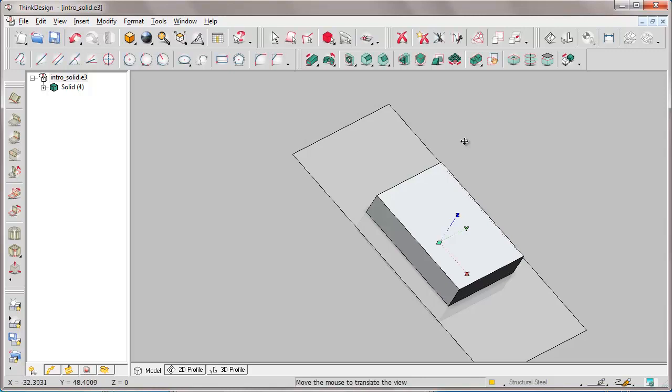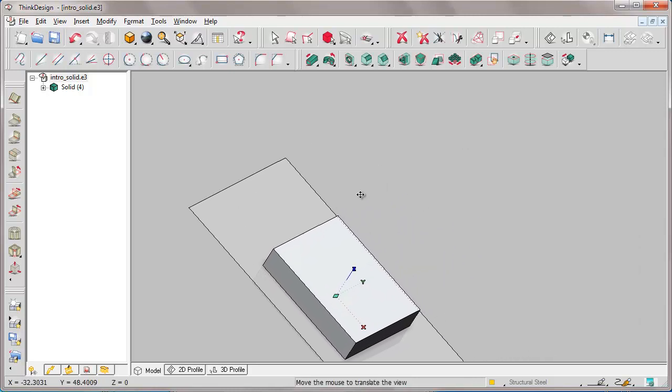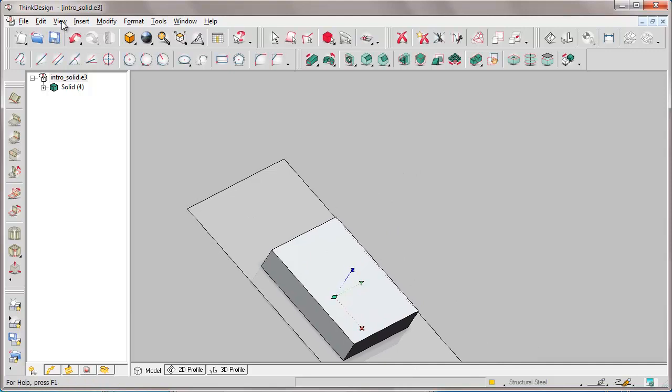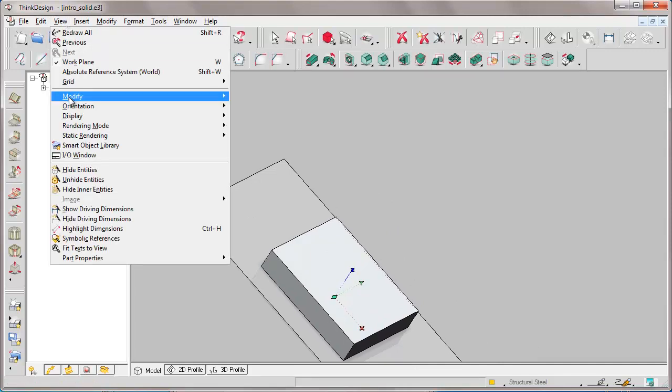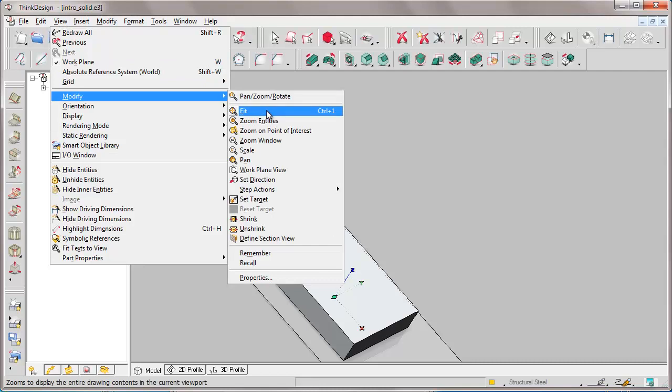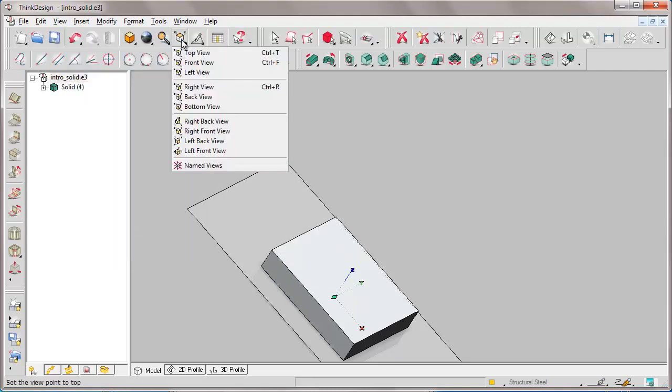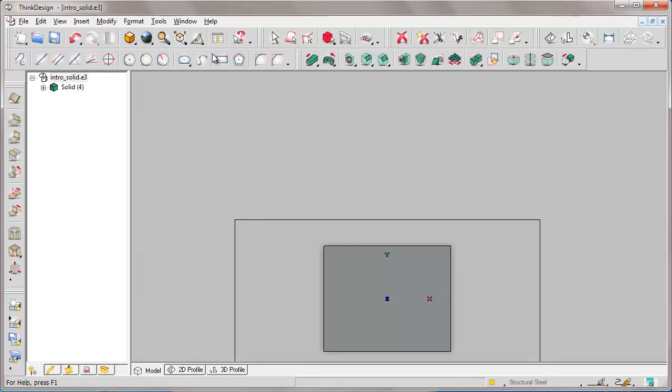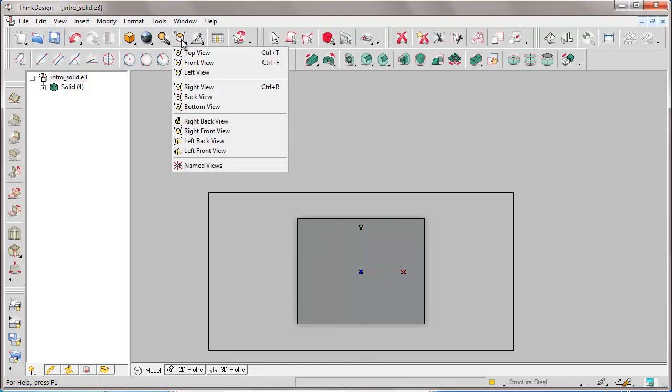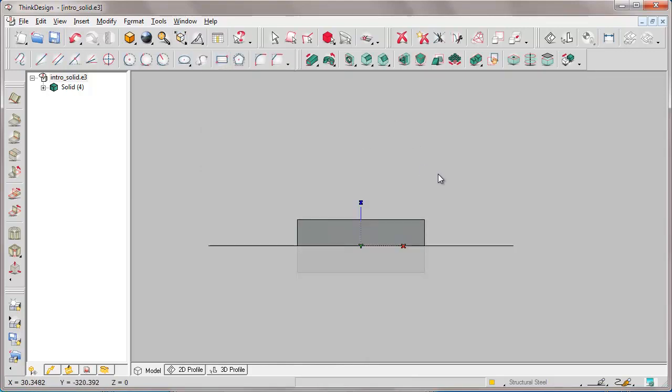Instead of using the different commands in the menus or in the icons, as in this case, managing the orthogonal views of our model, orthogonal views that are always referred to the world work plane.